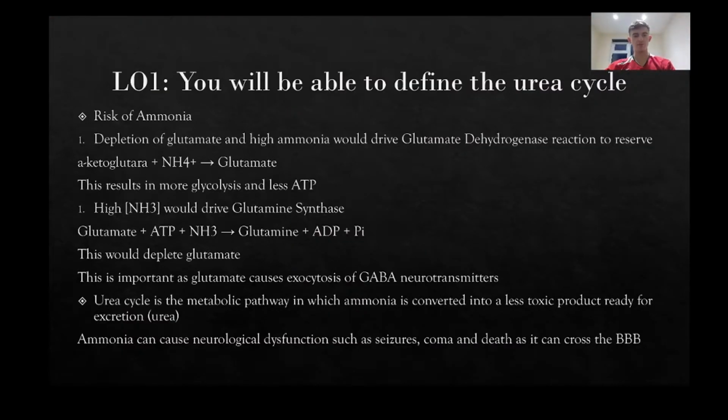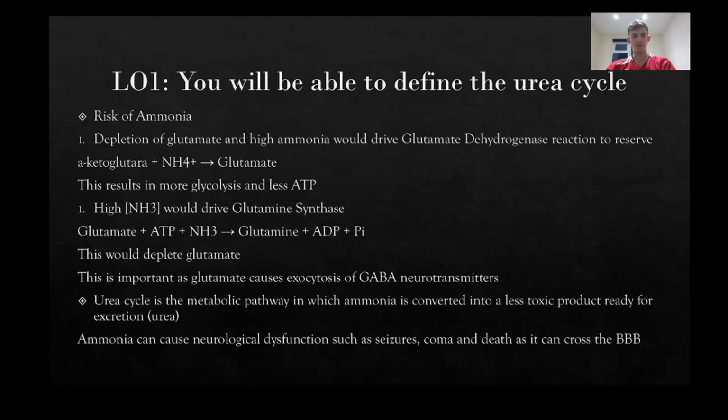So first things first, what are the risks of ammonia? We've got depletion of glutamate, and high ammonia could drive the glutamate dehydrogenase reaction to reverse. That means alpha-ketoglutarate plus NH4+ will make more glutamate, meaning that the ammonium ion can't be removed from the body and accumulates. This results in more glycolysis and less ATP. High ammonia concentration will also drive glutamine synthetase, giving more glutamine, which will use up even more ATP, as well as not being able to remove that ammonia from the body. This will deplete glutamate, as glutamate causes excitation of GABA neurotransmitters, so it's important to have a lot of glutamate in the body so these neurotransmitters can